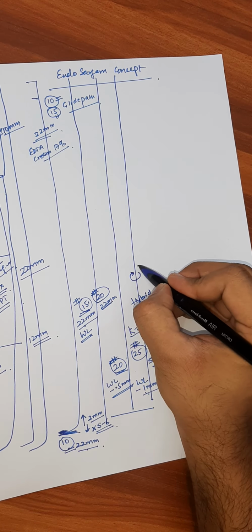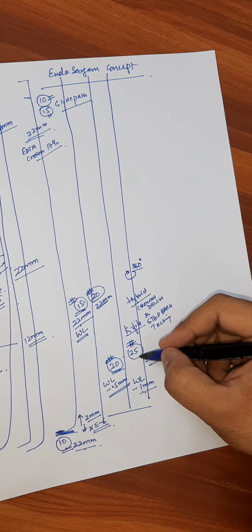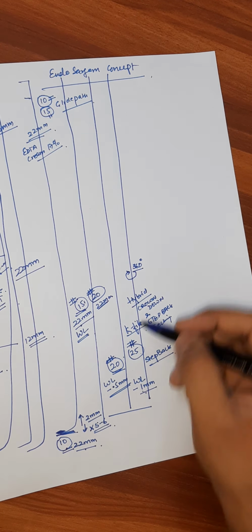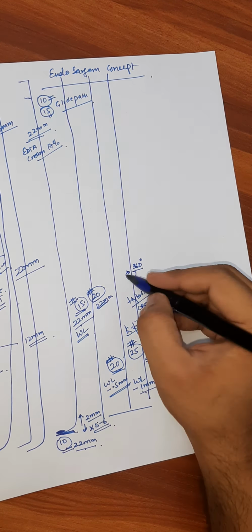Do not use it again. Just make sure the 25 number file has reached 1 mm short of the working length, and you have rotated it at least once. If you feel the canal is very tight, you can do a 90-degree turn, remove the file,